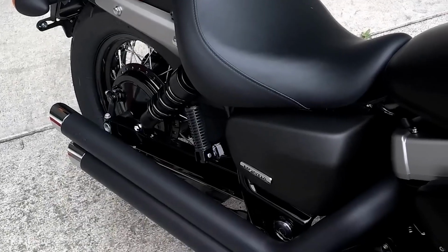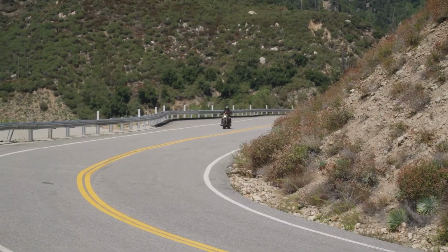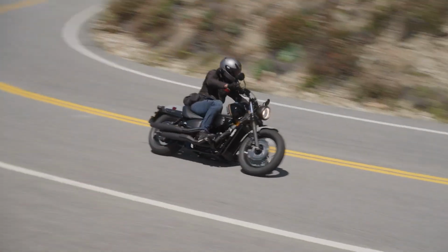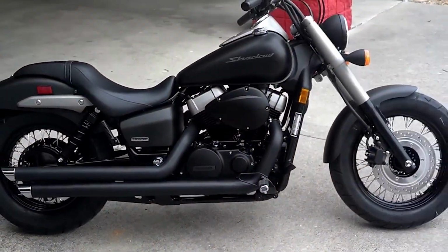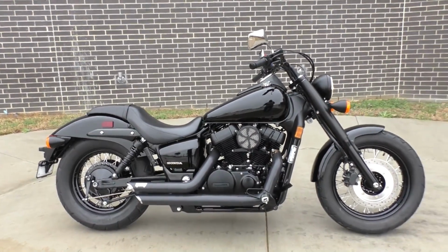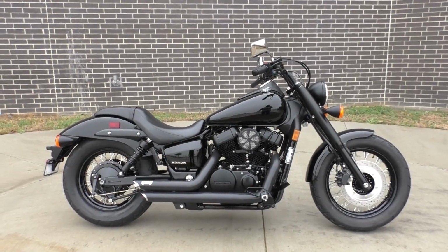The ownership experience doesn't improve over time. Depreciation hits fast, especially since this model competes in a crowded market full of better performing and more feature-rich alternatives. Even with Honda's reputation for reliability, resale values remain underwhelming. Many owners end up trading out within the first year after realizing the excitement fades as quickly as the gloss